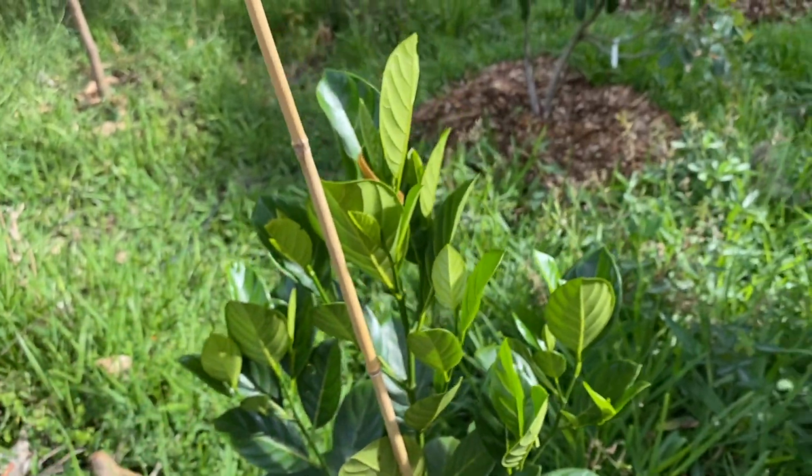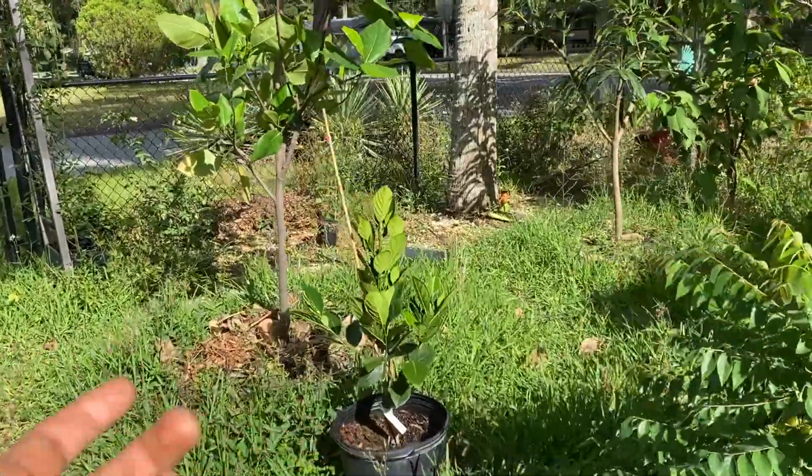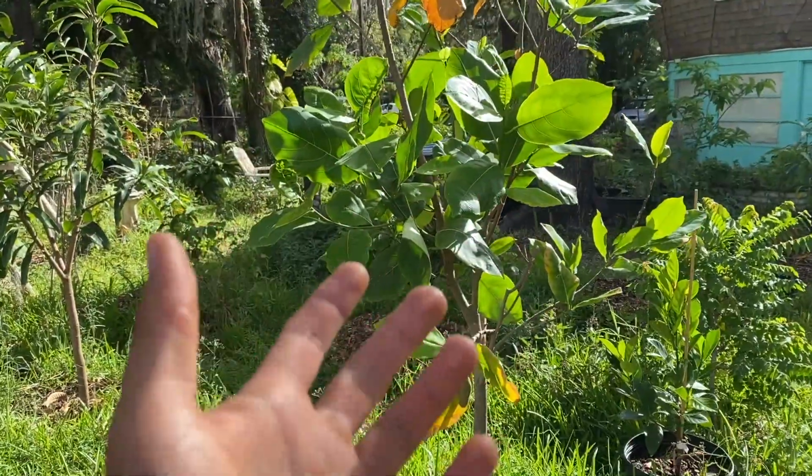Now, I actually really want to plant this here at my house, but I'm not sure exactly where I'm going to plant it. And another reason why I set it right here is just because I wanted to show you my other jackfruit. Now, this is a seedling jackfruit. It's of an unknown variety,